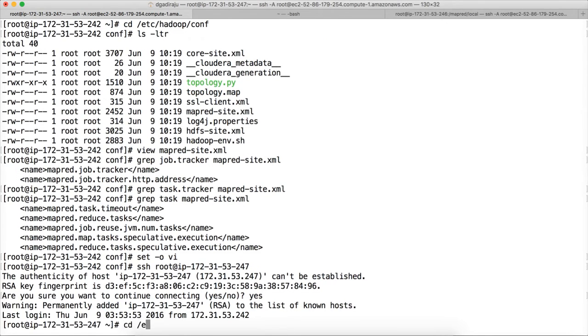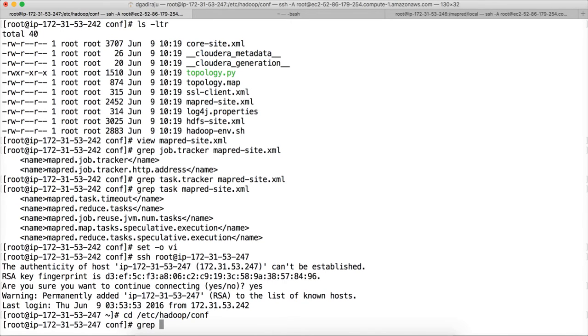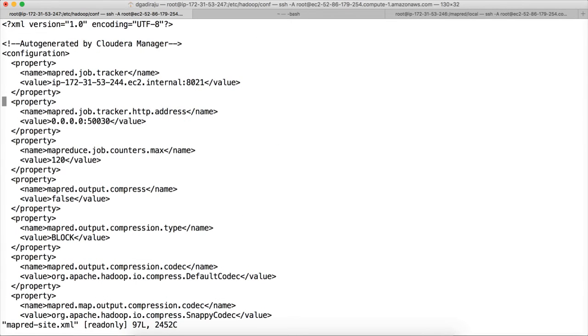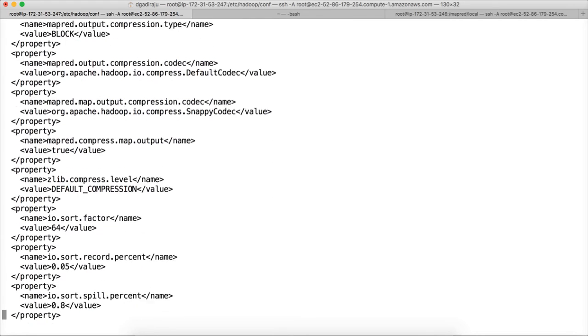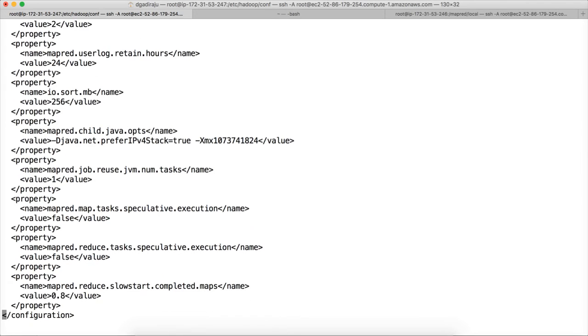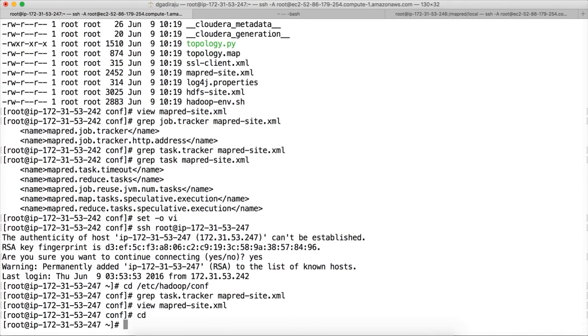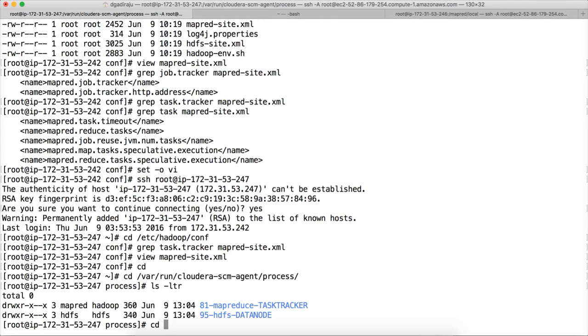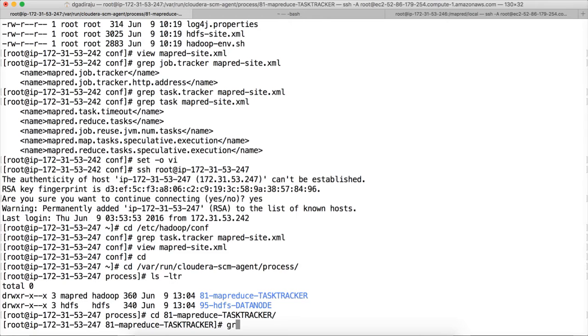Okay, now cd /etc/hadoop/conf and grep task.tracker mapred-site.xml. Okay, I think it does not have the parameters which have task tracker in them. When it comes to Cloudera, it manages the parameter files in a little bit different fashion. You can go to cd /var/run/cloudera-scm-agent/process and ls -ltr, and you can see there is a directory for task tracker,